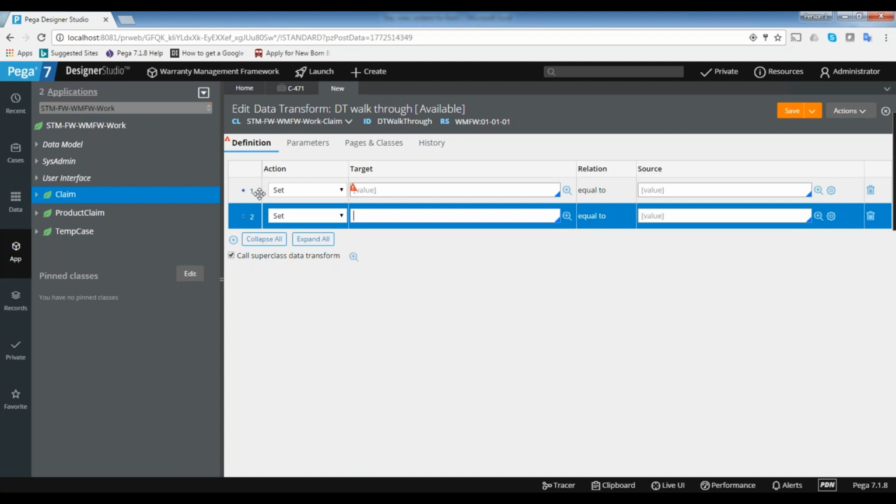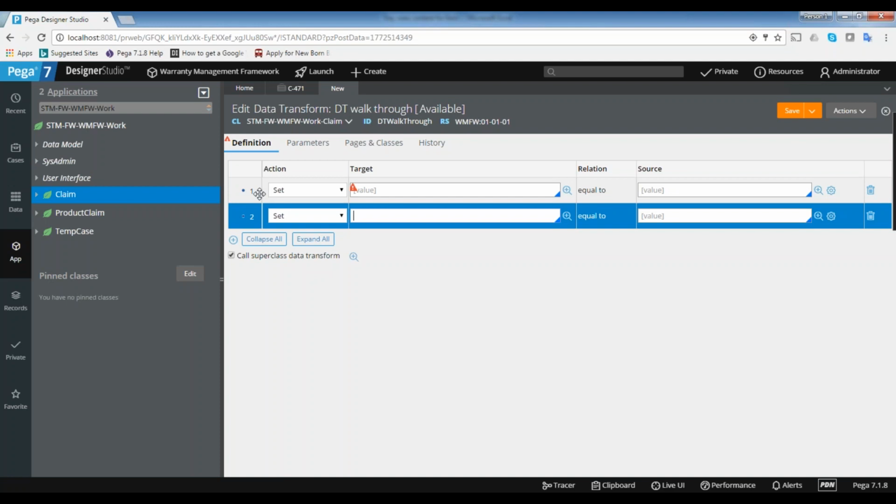So what exactly you want to do, based on that you need to choose the action. Action represents the functionality you want to do. The functionality you want to do, you can select the action. So target. Target is where you want to apply this action. You are doing some action, where you want to apply this action, that is a target.